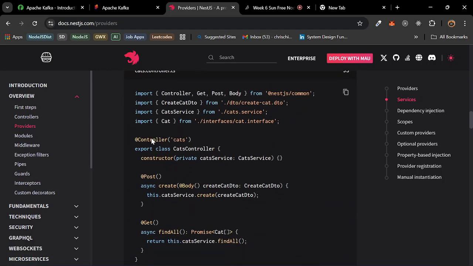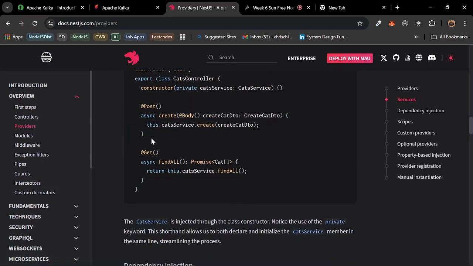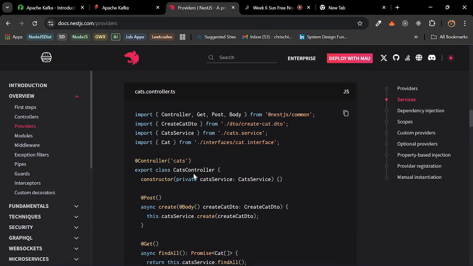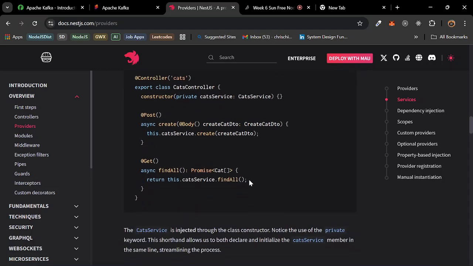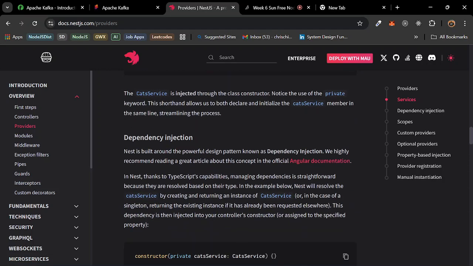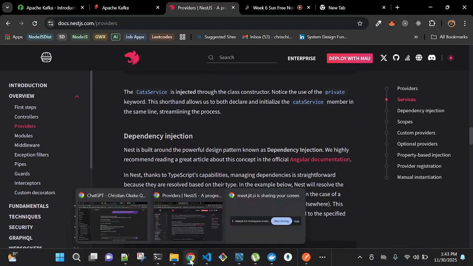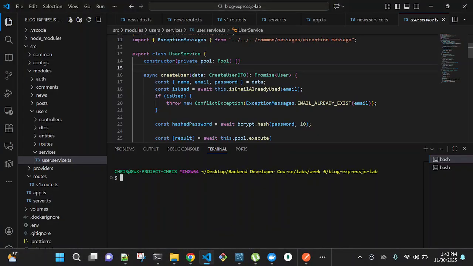These are examples of services, right? Now if you look at this class, the cat controller here, it takes the cat service in its constructor, right? Now, what is dependency injection? Let's go back to our ExpressJS example here.